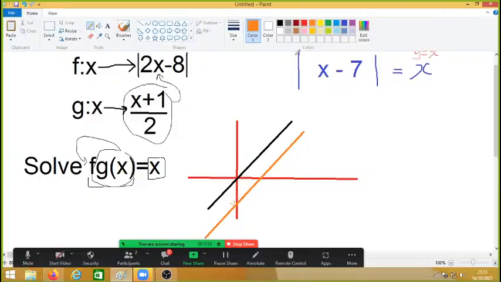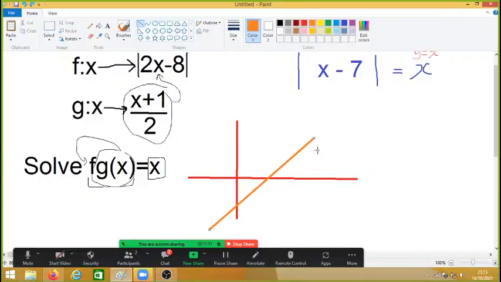And then what happens with the modulus is that anything above the x-axis stays as it is, but what we can't have is negatives. The negatives would get changed into positives. So this area here for the line in orange is going to have to flip. And I don't want the black line to flip, so I'll draw that again in a minute. But if I just redraw that orange line,